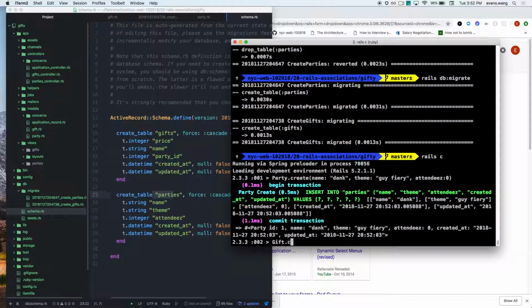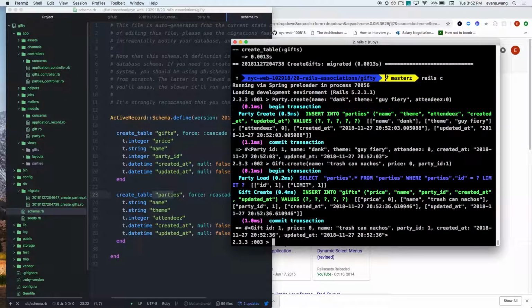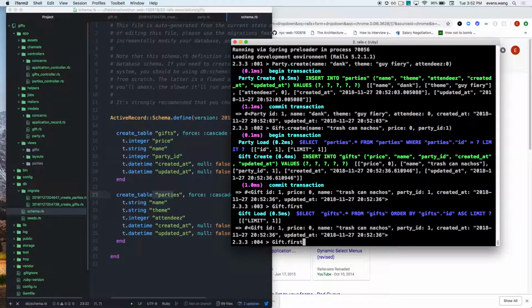So Gift.create, all right? We have a price in here. So how much is, actually, you know what, what is this gift? All right, trash can nachos. Because that's just something that sounds like a dank Guy Fieri party would want, right? How much is this? 0. Okay, I'll take it. And what is the party ID I should be associating this with? 1, right? Cool. So now I should be able to do gift.first